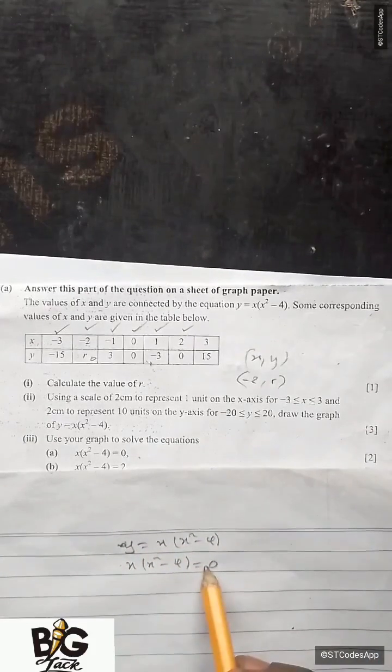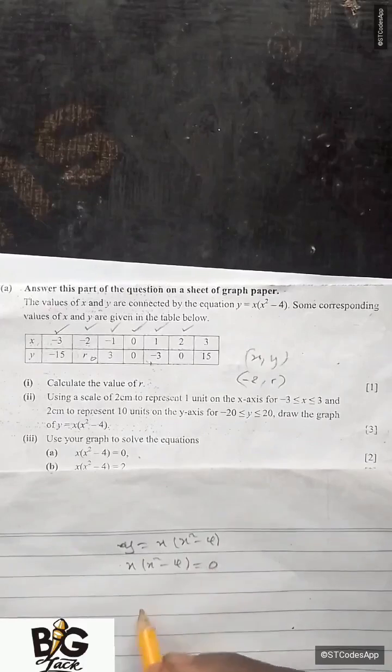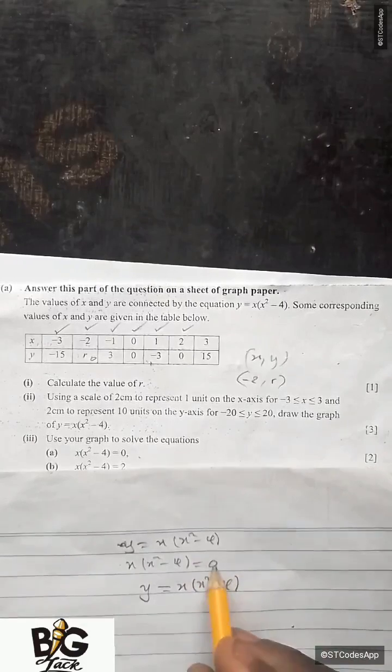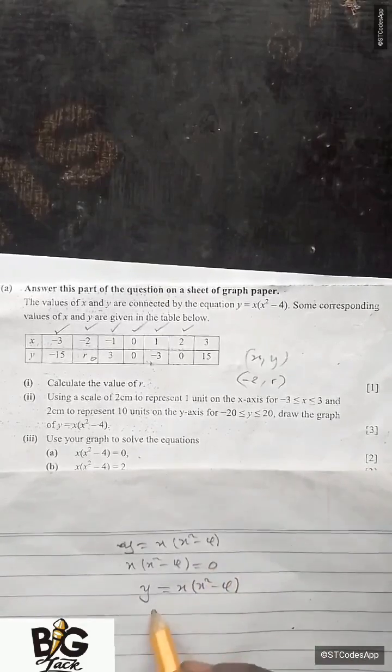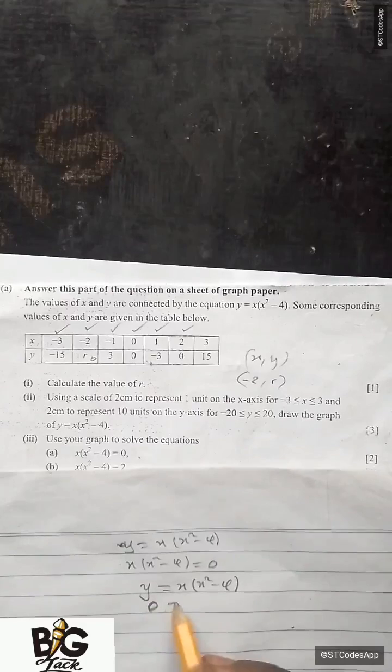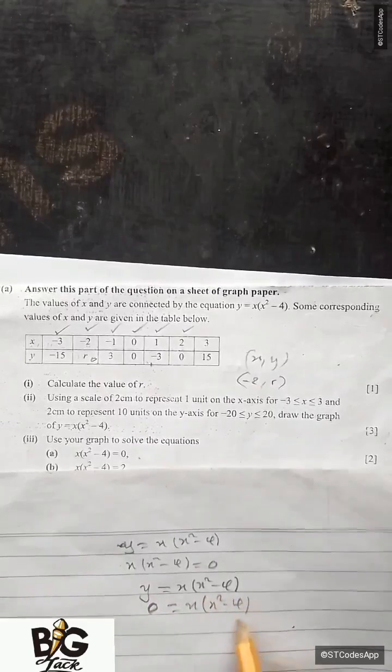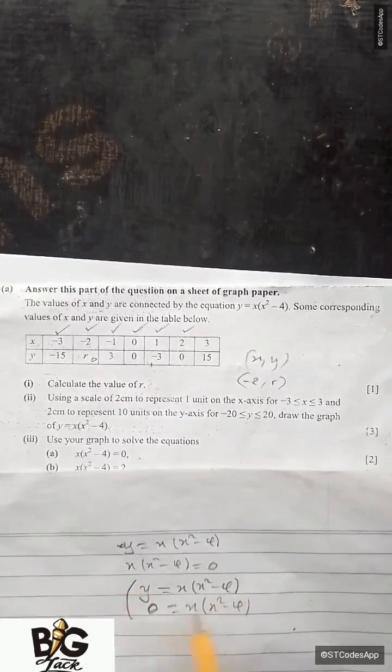So now I'm just going to rearrange it the way they have arranged it here. I'm going to say y is equal to x open bracket x to the power 2 minus 4, like this one here. Then this 0 here is going to be here. So I'm going to say this one is equal to x open bracket x to the power 2 minus 4, then close. So here I'm going to use